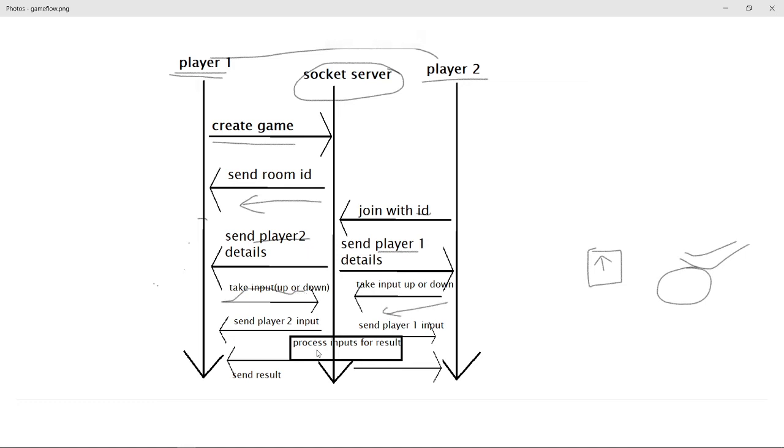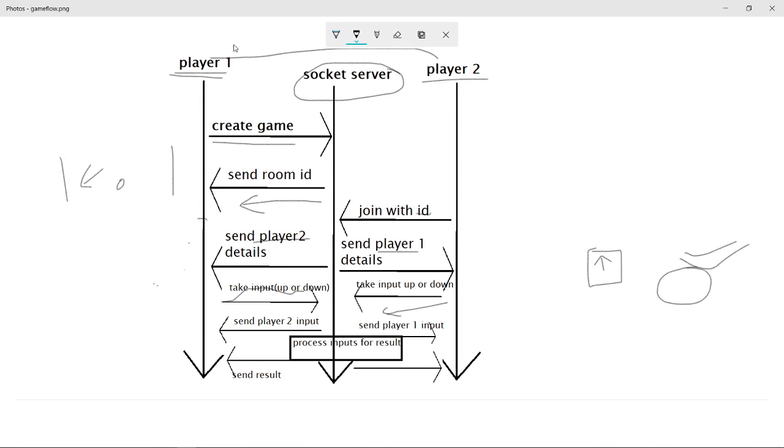Now, in the ping pong game we have 3 different parts. One is the slider, one is the ball, and one is the other player's slider. If I am on the player 1 screen, then I will be moving this slider up and down.